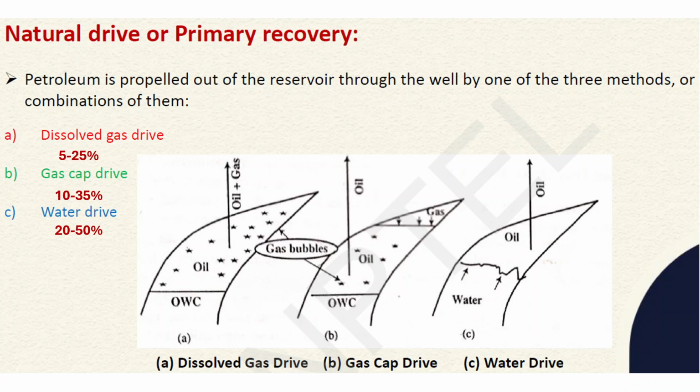As I told, in the reservoir rock there is a mixture of water, oil, and gas. So initially what happens is these dissolved gases which are present in the oil, they